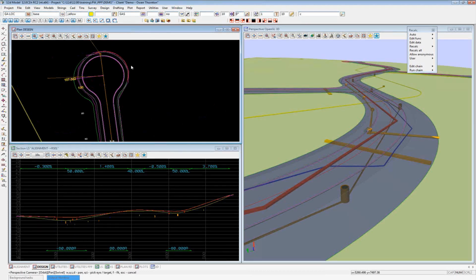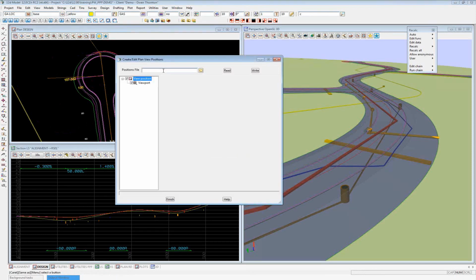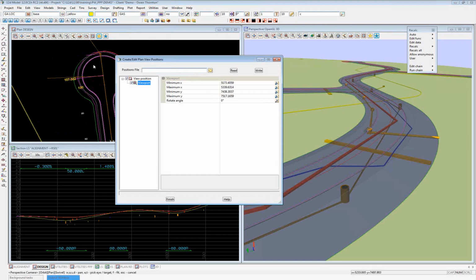I forgot about that. Let's say that I want to save this as a favorite position. I can go back to the gold star here and say create edit positions. And I'll call this positions file. I don't really need to do anything with the branches here. You can click on the viewport and change text there if you want to, but if you've already zoomed in on the view where you want it, I might call this